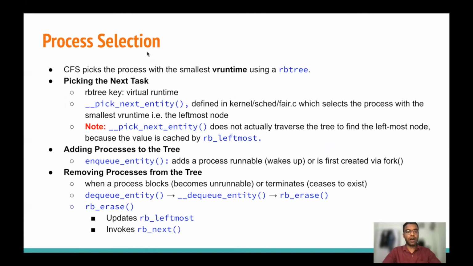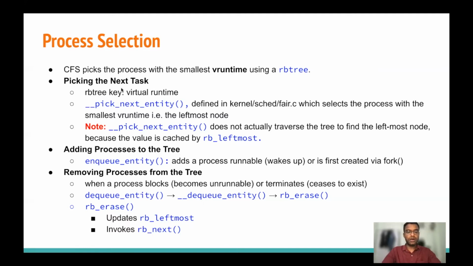So let's discuss how the CFS scheduler decides which process will run next. CFS maintains a data structure called a red black tree. A red black tree has the property that it is very efficient to access any value in it, within log n time. This red black tree contains the scheduler entities as the values of the nodes, and the keys of the nodes are the virtual runtime of the entity.